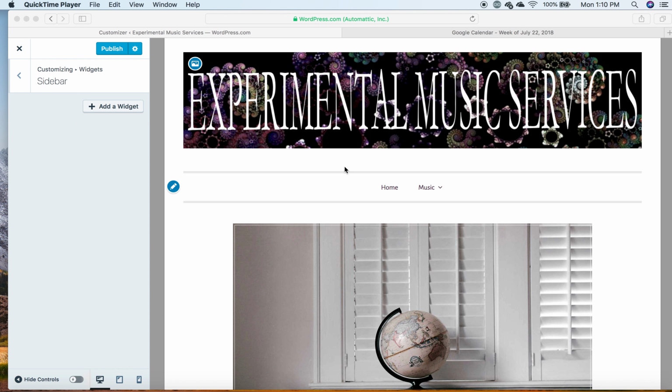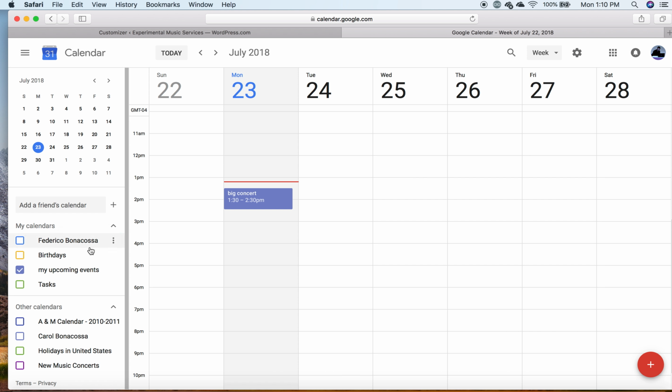So let's first go ahead and head over to Google. Now you have a Google account, so all you have to do is go to your calendar from your Google apps, and if you don't have a calendar, what you're going to want to do is create one that's specific for your events. You don't want to share your personal calendar. So I created a calendar, and you just create one by pressing the plus sign over here,